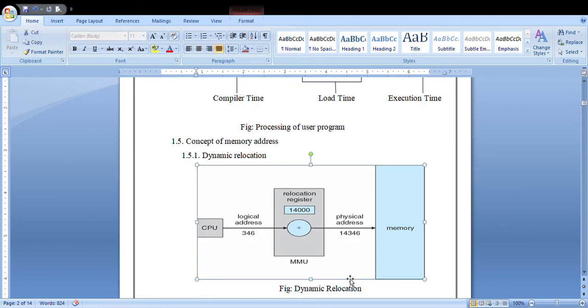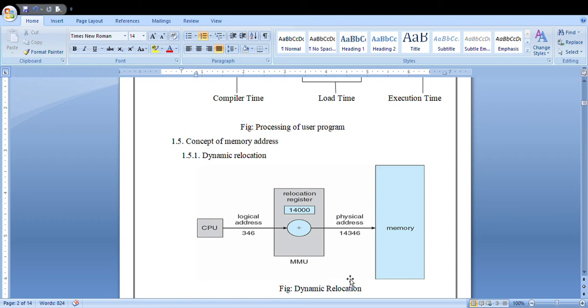Your next topic is the concept of memory address. As I said before, in your memory location there are mainly two address spaces: one is the logical address and another is the physical address. What do you mean by logical address and physical address? The logical address is generated by the CPU.